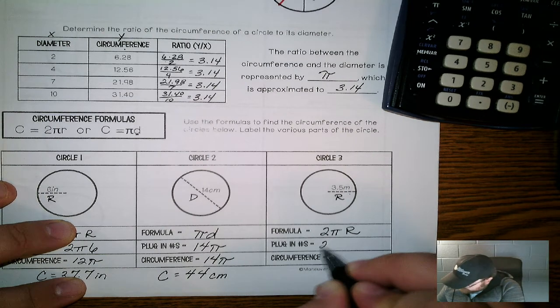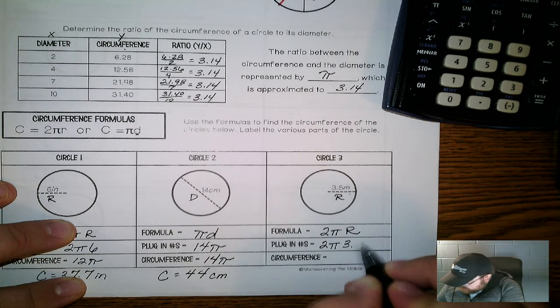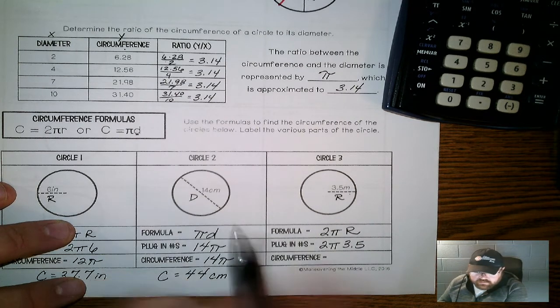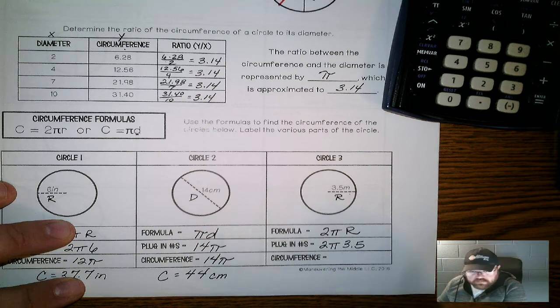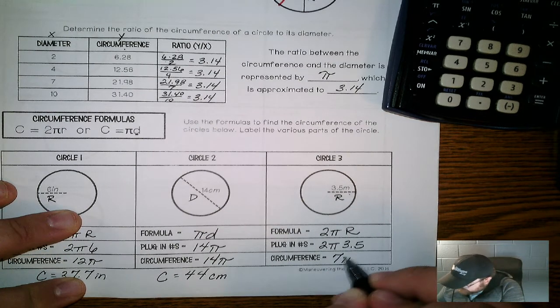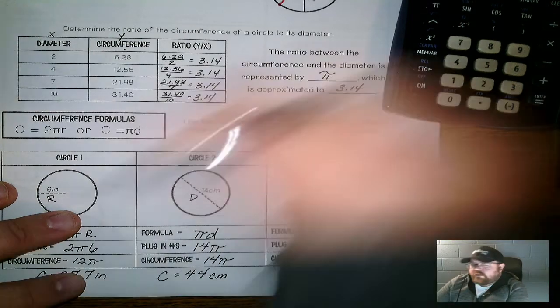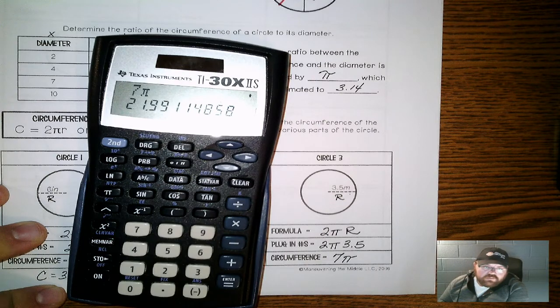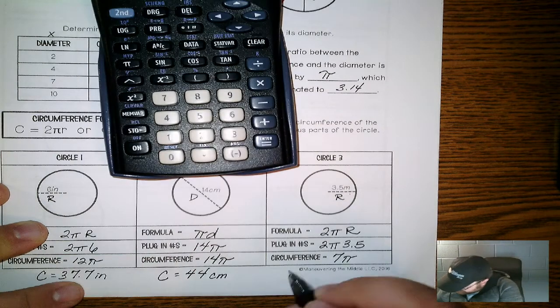The plug-in is 2 pi 3.5. Now again, if you wanted to leave it in terms of pi, you multiply your coefficients. So we have 7 pi. And then if you wanted to know the exact, you would have 21.99, which I would round up to 22